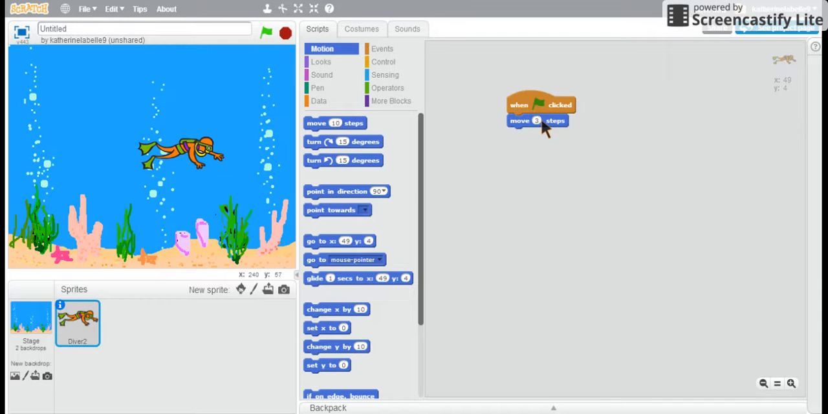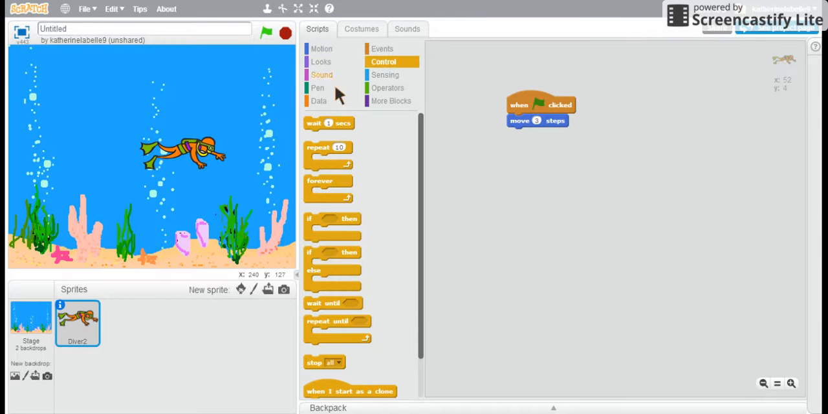Now, what we want to do is have it continue throughout the animation. You're going to go to your Control tab. This is going to give you options to repeat a certain sequence, to continue on for the whole video. And this one will be the one that will continue for the whole video. What you want to do is place it right under the when green flag clicked in order to wrap around your motion sequence. Now that we have it,